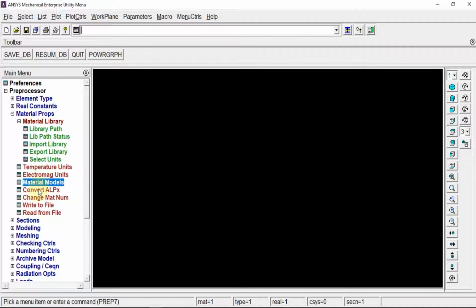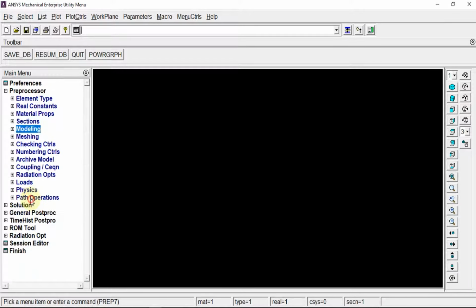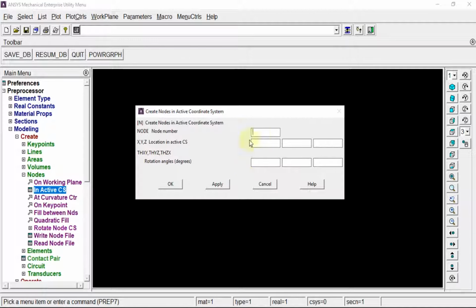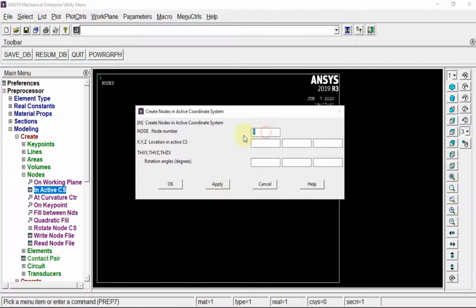Next thing that we are going to do is we have defined the material properties. Next we are going for modeling, create nodes in active CS. So the first one is at the origin, just apply it. Second one is at 0.05 and this is in meter. Third one is at 0.2, fine. Fourth one, it is at 0.3